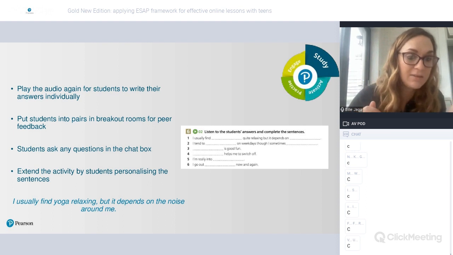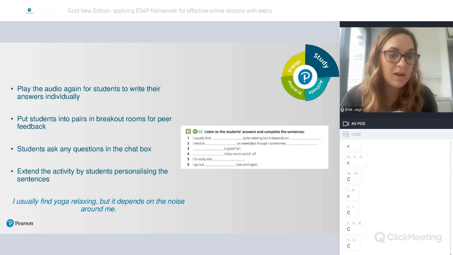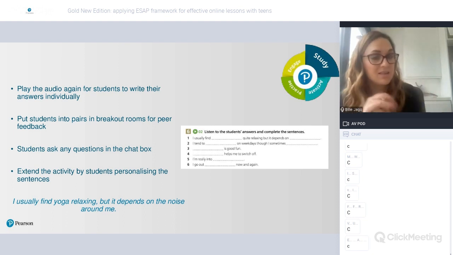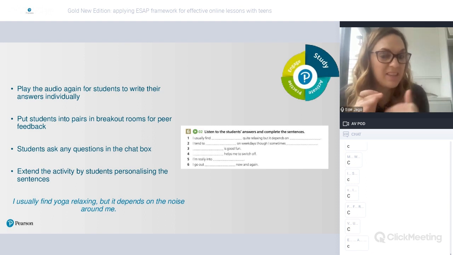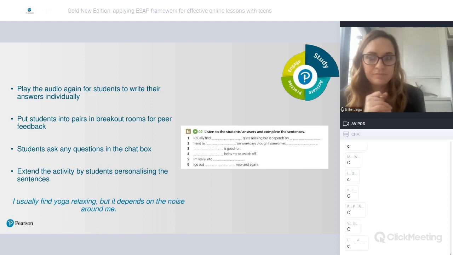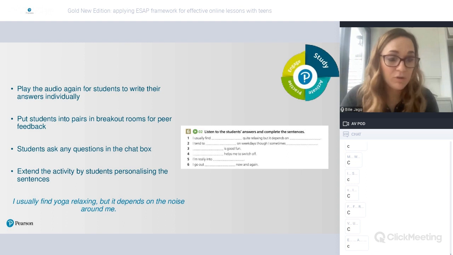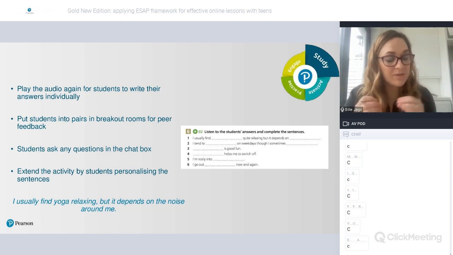We don't necessarily need to feedback on every answer all the time, but students can ask any questions just to clarify or check if they prefer. And again, that cuts down the feedback time and the teacher talking time too. So yeah, if your class are confident, do try this. Get them to feedback to each other, then allow them to ask any questions, then move on to the next